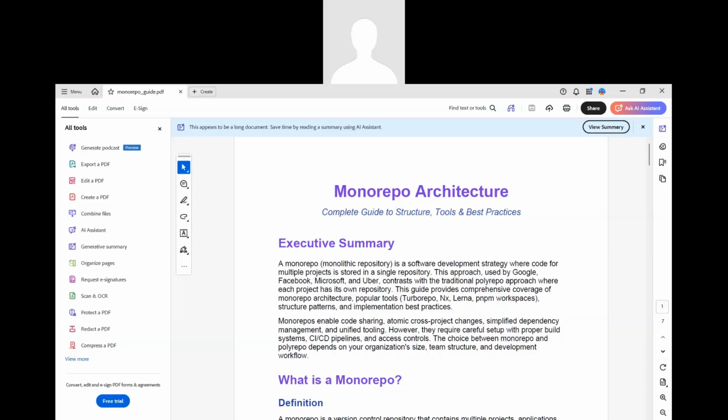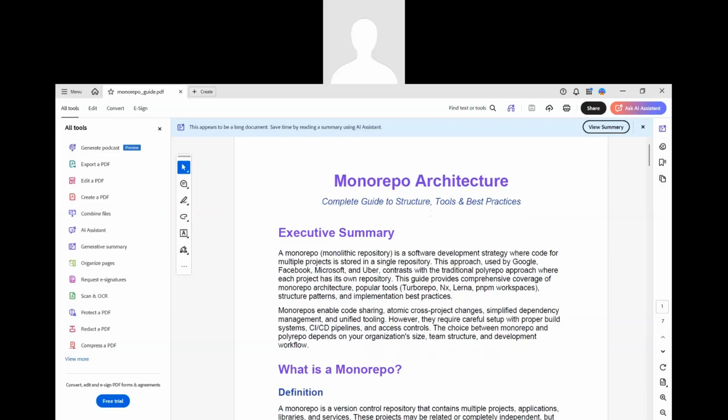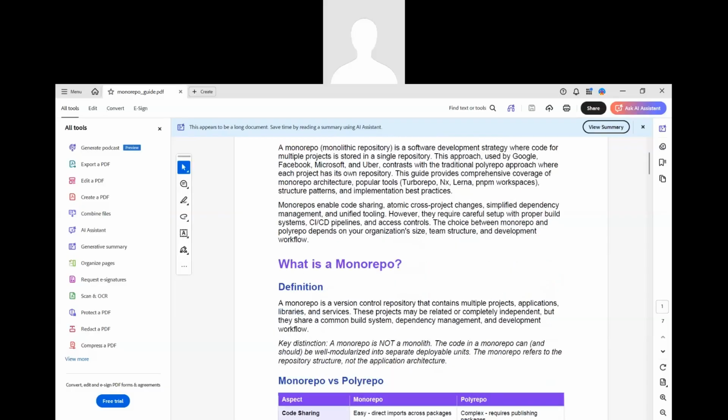In this video, we are going to understand an important software development concept called Monorepo Architecture. What is a monorepo? A monorepo, or a monolithic repository, is a software development strategy where multiple projects or applications are stored in a single code repository. Instead of maintaining separate repositories for each project, all related services, libraries, and applications are managed together in one centralized